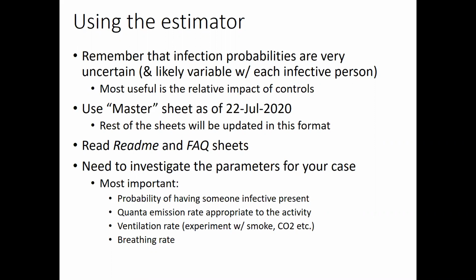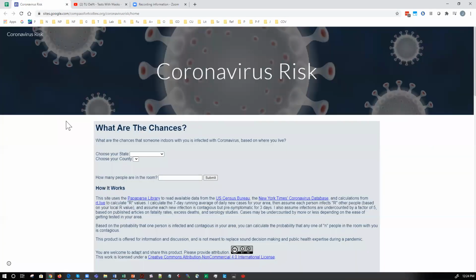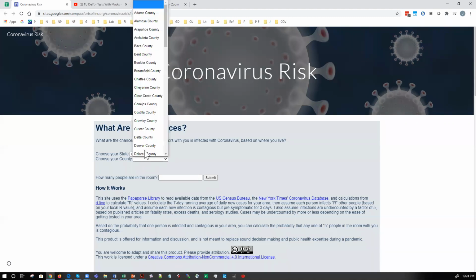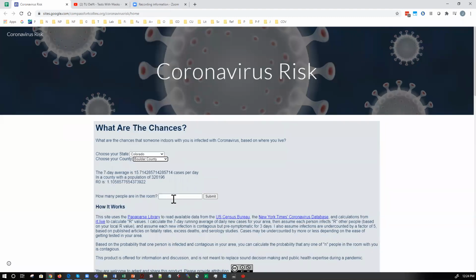And in your case, there are some inputs that are really essential to change for your case, right? The most important is what's the probability of having someone infected? And I will show a web page. This can be estimated from the prevalence of the disease. For the US, there is this website, which is linked on the README page. And for example, you can say, okay, I'm going to look in Colorado, I'm going to choose the county of Boulder, where I live, and I have